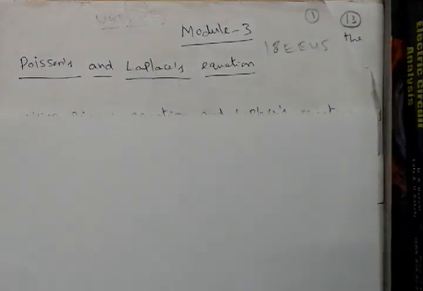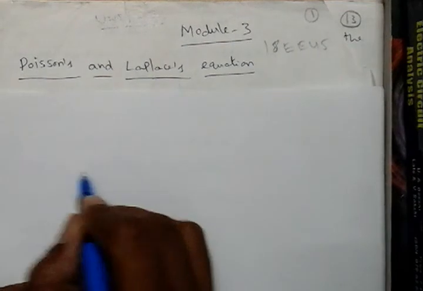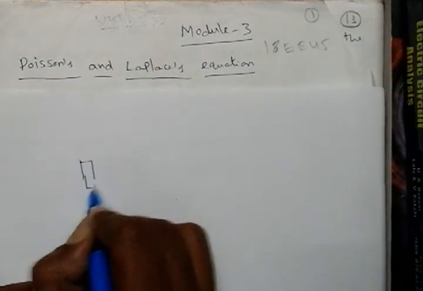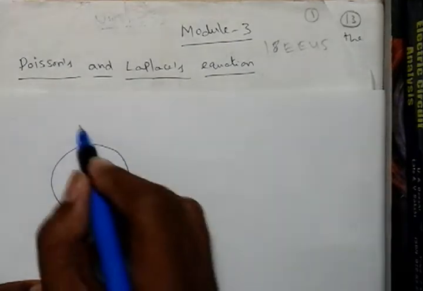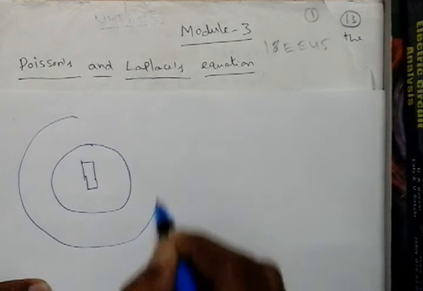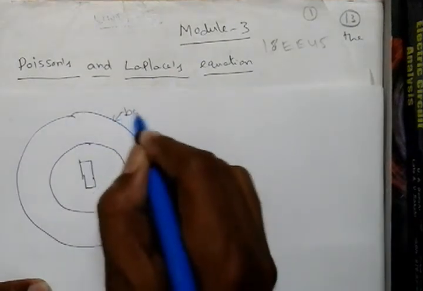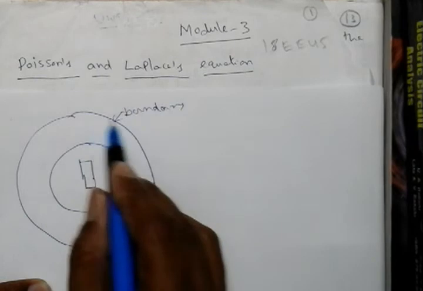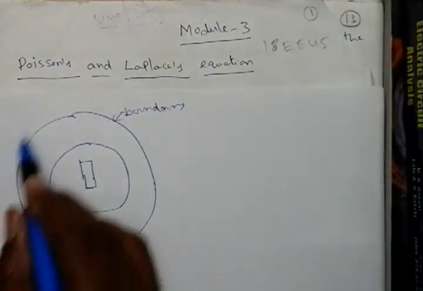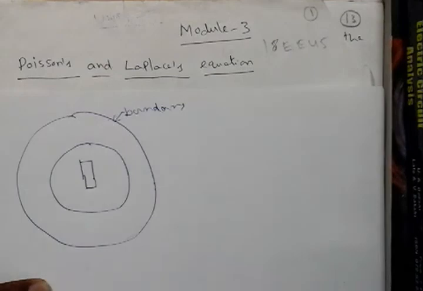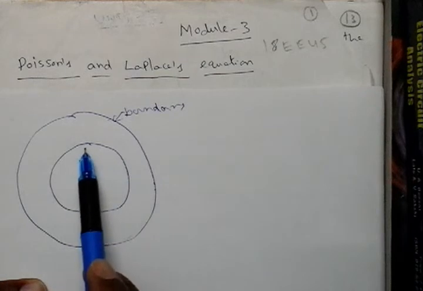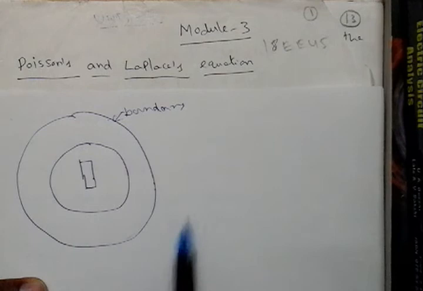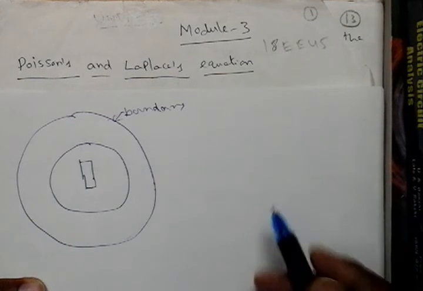The general example is like a cricket ground. In a cricket ground there will be two circles. One is called the inner circle and another one is called the outer circle. The outer circle here we are calling a boundary, right? If the ball touches the boundary line anywhere, the runs are same. If the ball passes over the boundary line anywhere on this boundary line, the runs are also same. That means in a cricket ground, we are considering one is called the inner circle, another one is called a boundary line.